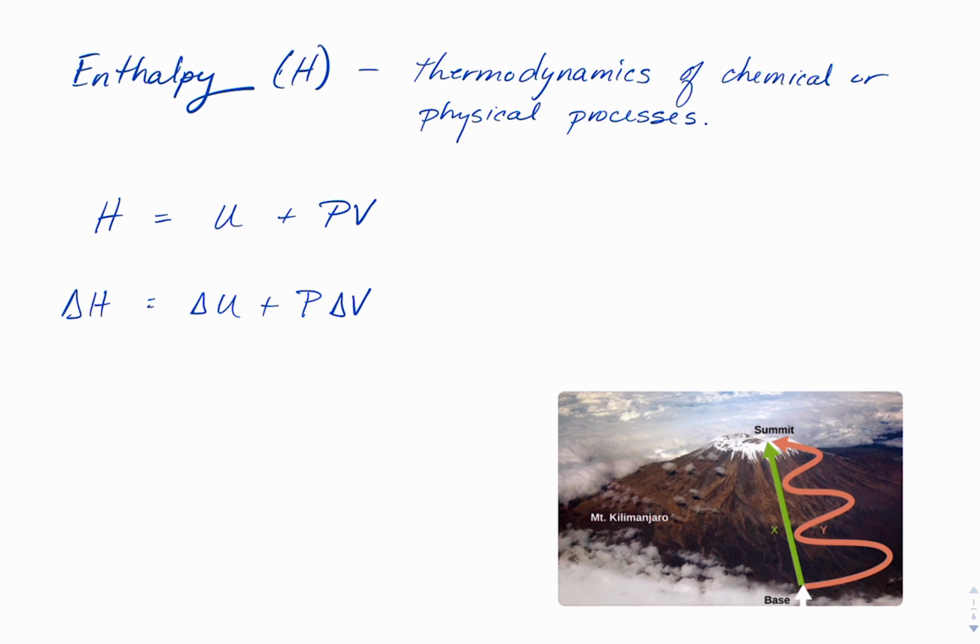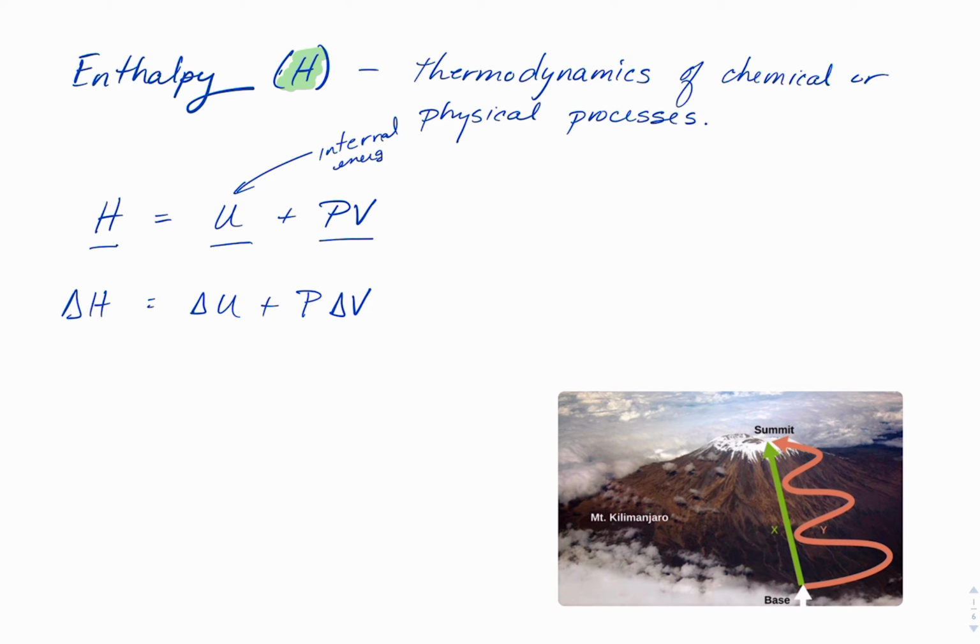What we're going to look at is how to use and calculate a term called enthalpy, which we use a capital H as a variable. It turns out enthalpy is a thermodynamic value of chemical or physical properties. And enthalpy is defined as H equals U plus PV. So what are these? U is the internal